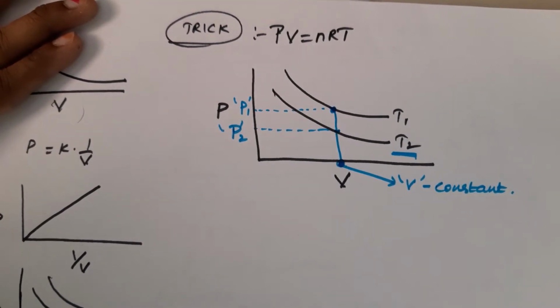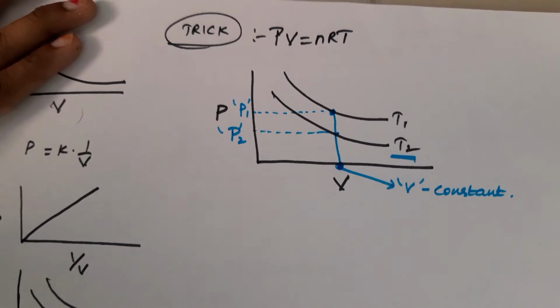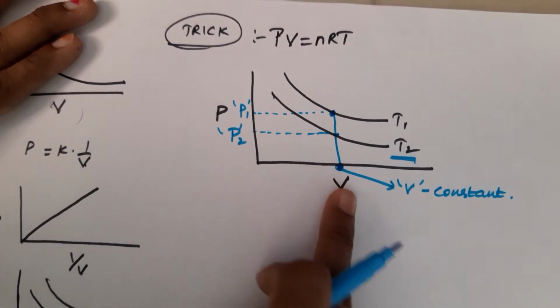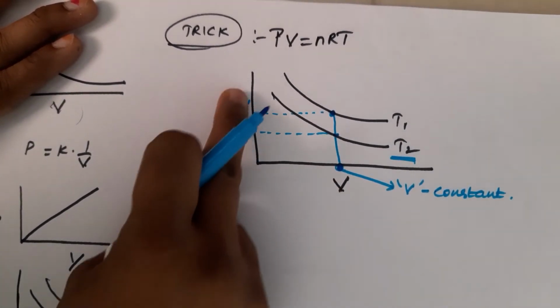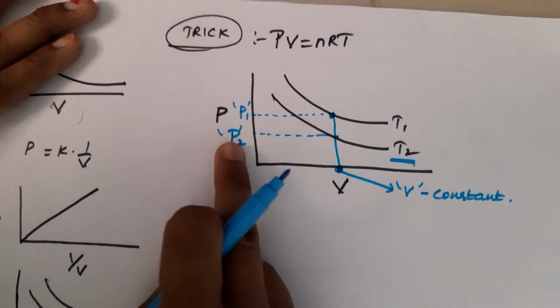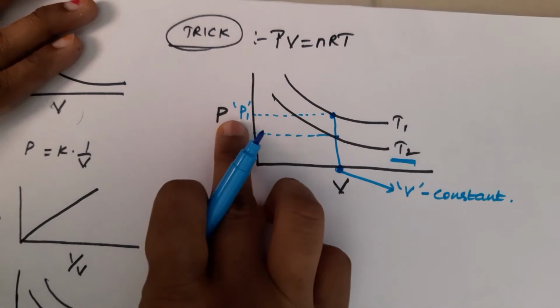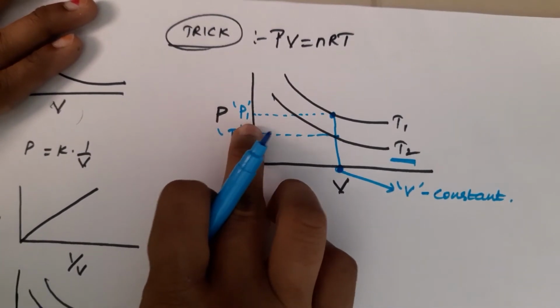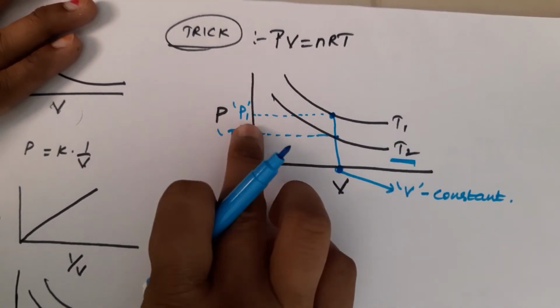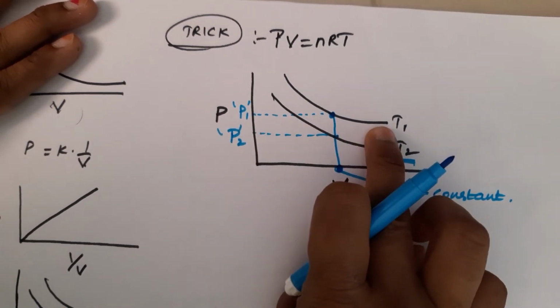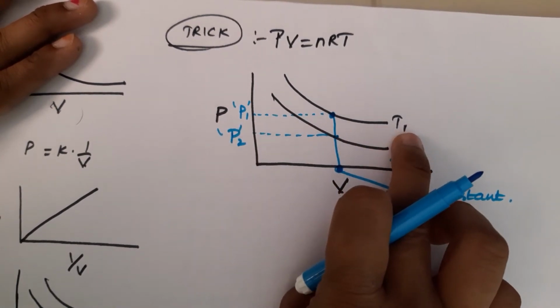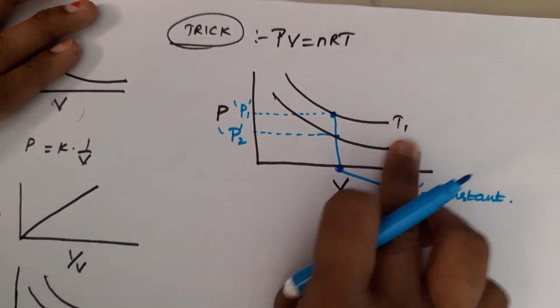Okay, you can take any line, either horizontal or vertical line, as reference. Here I am taking the vertical line as reference. See students, on the y-axis, whether P1 is more or P2 is more. Here P1 is more because T1 is more in this graph. Okay, coming to the main point. What is the main point?